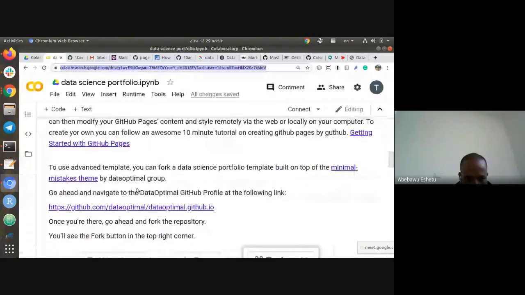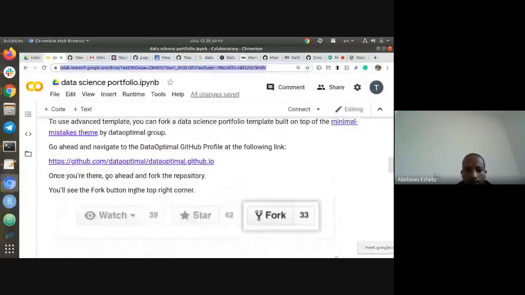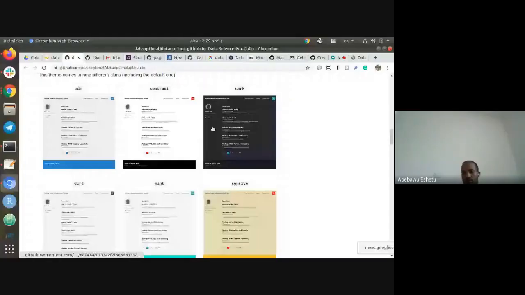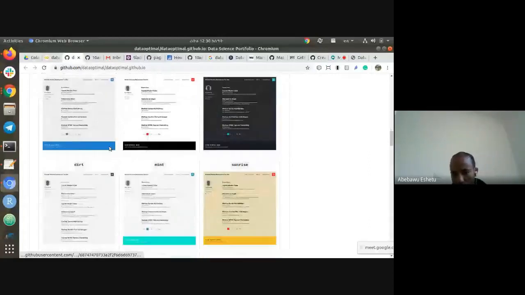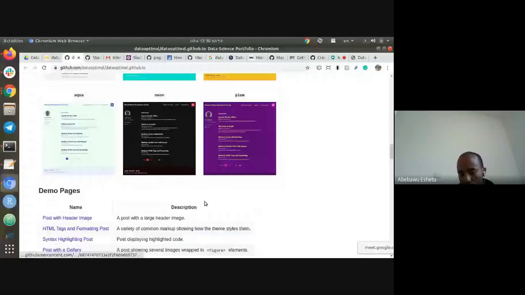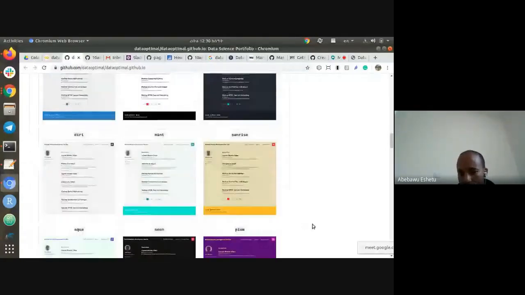I have shared the link here. You just fork this dataoptimal.github framework. This is the framework that allows you to create any of these templates. So you can use any of the templates and create your own, just editing the content of the page, the content of the YAML file, and